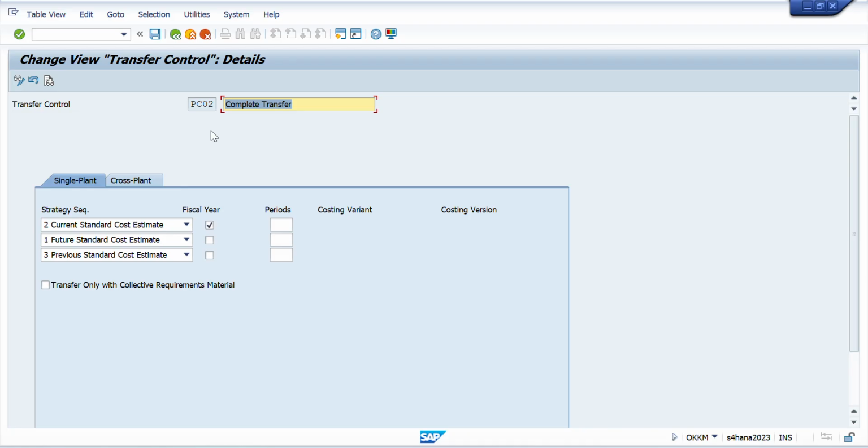The meaning of the transfer control you can very well see in the documentation, wherein I have set the strategy sequence as the first. The system should go and check for the standard cost estimate, and it should check the valid standard cost estimate within the last 1 year. And if it's not able to find the standard cost estimate, it has to go back and check for the future standard cost estimate. And if it is not able to find the future standard cost as well, then go back and check the previous standard cost estimate. Now